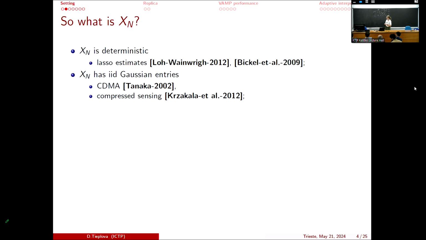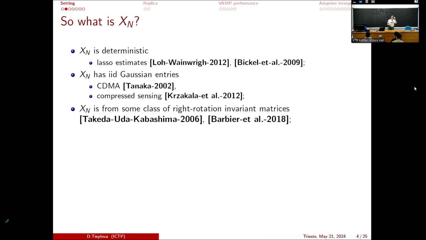And this is okay, nice. But again, the people who want to apply this problem to something, they again want to have something more complicated, something that has much more structure to it. Because when we have a matrix that has just IID entries, there is not much structure to it, right? We want something more. We want to put inside more correlations. And the problem is that normally in statistical physics, all methods are very sensitive to this correlation. So once you pass from something that is IID to something that is correlated, everything becomes much harder, right?